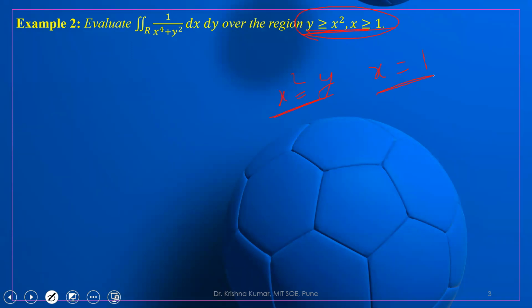So first we consider the equation of the parabola and the equation of the line. Then we see what is greater than. x greater than or equal to 1 means what? Suppose it is x equal to 1, so the value of this part will be considered. And if y is greater than or equal to x square, what does it mean? We will take any point, let us take 1, 1. So 1 is greater than or equal to 1. This is true because 1 is equal to 1.